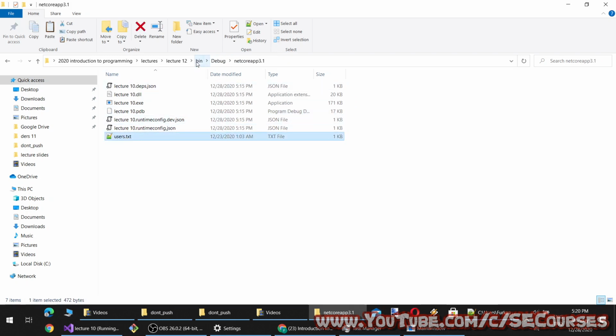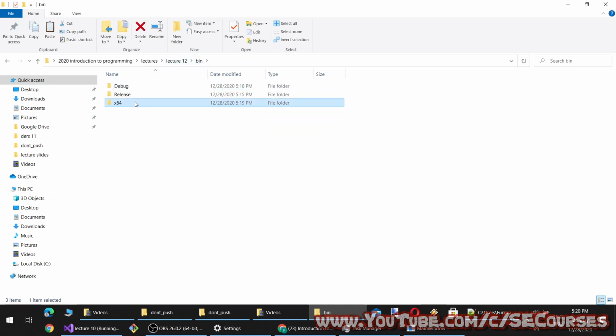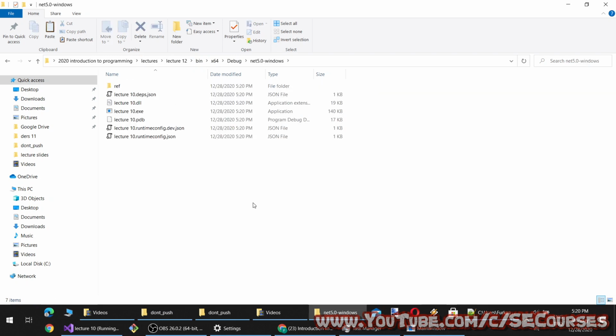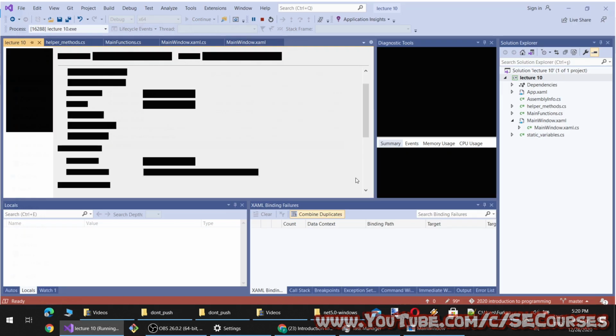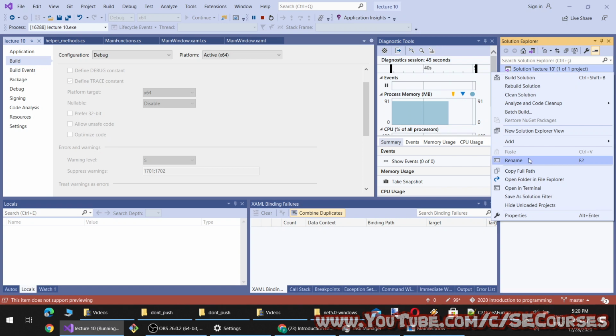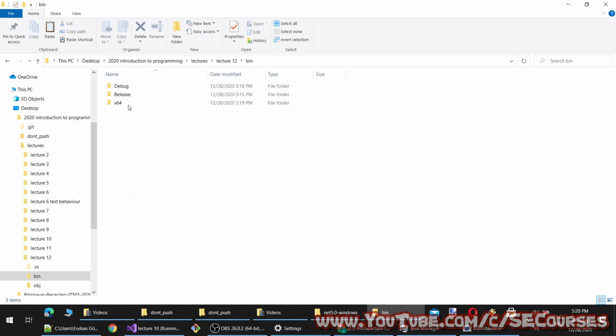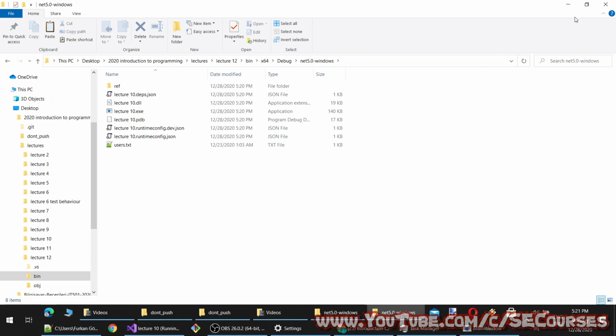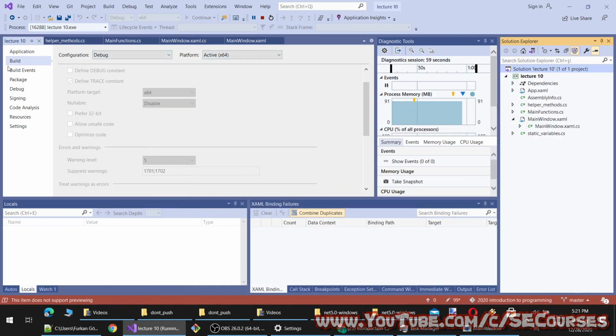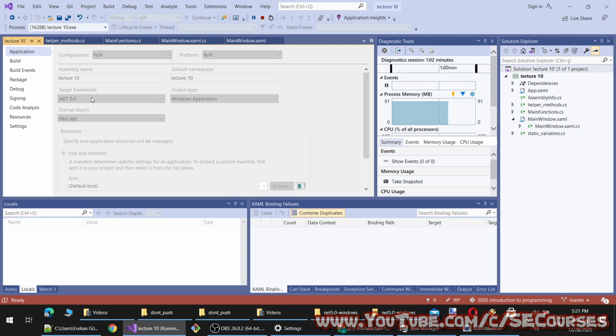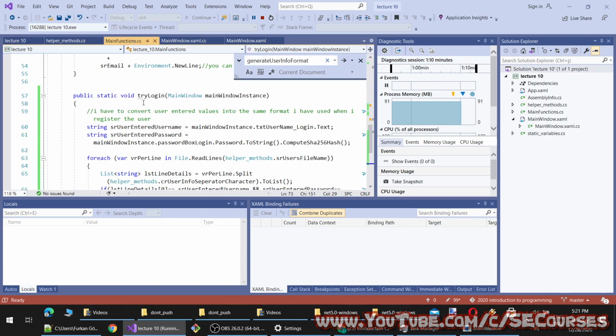it was composed inside the 32-bit application. Now I'm copying it here. Now it's available. Okay, from now on, it will work on this folder. You can also see it by clicking open folder in Explorer and binary, and this is the latest folder it will be working on. Okay, so we have changed both the target framework from here to latest, and we have changed the target platform as well to 64-bit.